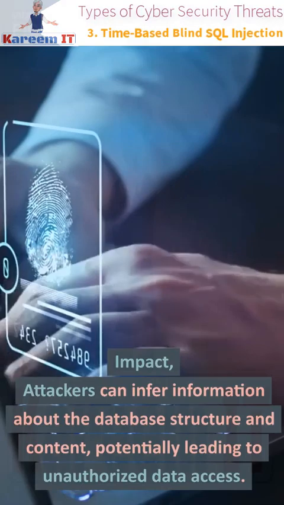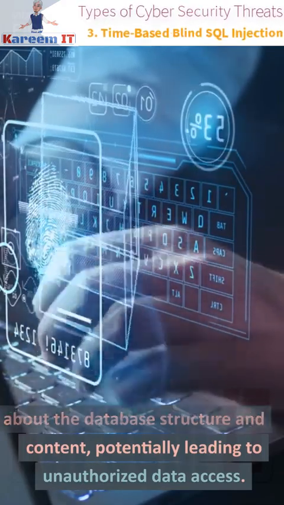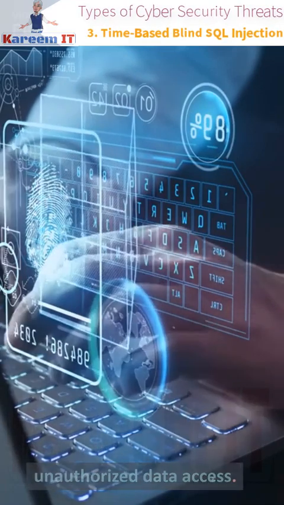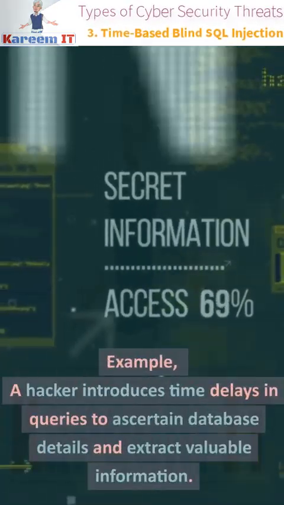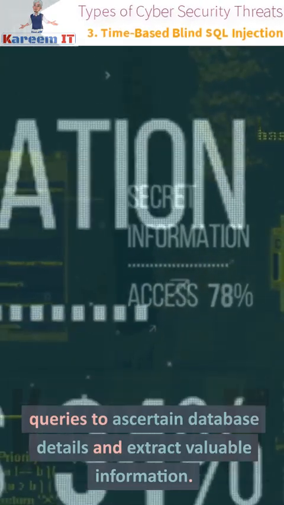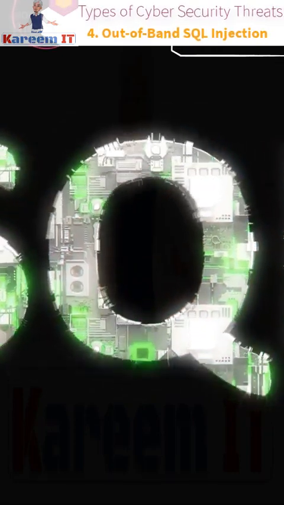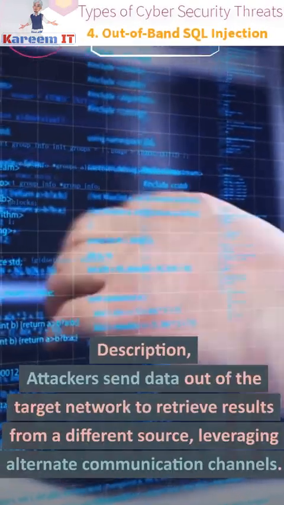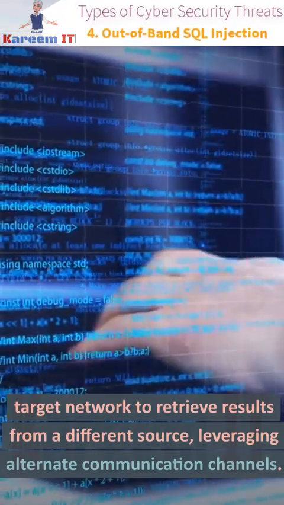Impact: attackers can infer information about the database structure and content, potentially leading to unauthorized data access. Example: a hacker introduces time delays in queries to ascertain database details and extract valuable information. 4. Out-of-band SQL injection. Description: attackers send data out of the target network to retrieve results from a different source,